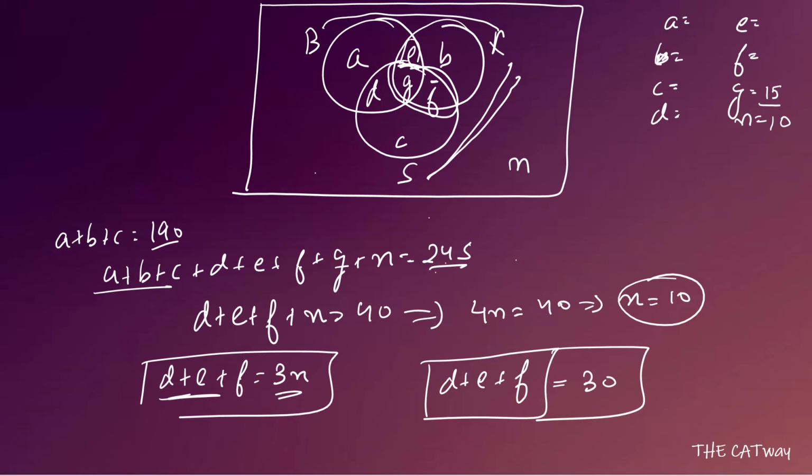If we find the value of E, because we know D, E, F, we can find the value of D and F. Also, we know the value of G and we know the value of S. So what I mean to say is we know C plus G plus F plus D, and we know D, G, F. Then we can easily find out C. So let us find out the value of E first. So again, what we are going to use is the classic one of Venn diagram.